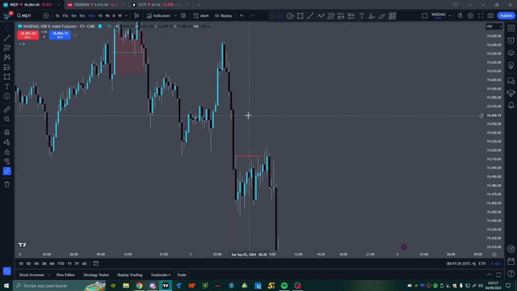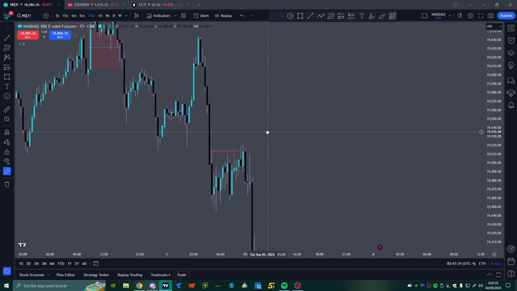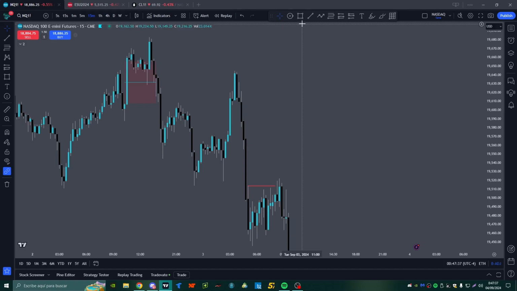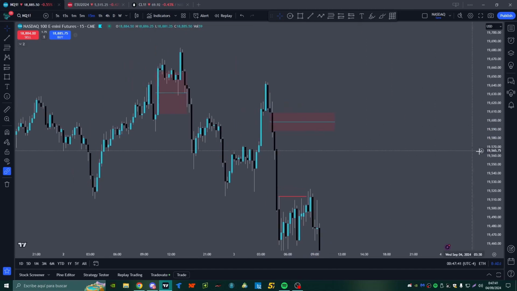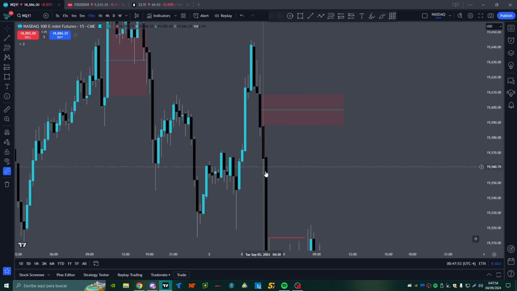Sensitive points for me in terms of reaction. In an imbalance, we are going to have your 50%. Let's take this first 50% as an example. What ICT calls consequent encroachment is for me the most sensitive point of reaction. And in this case, we are going lower. Second point